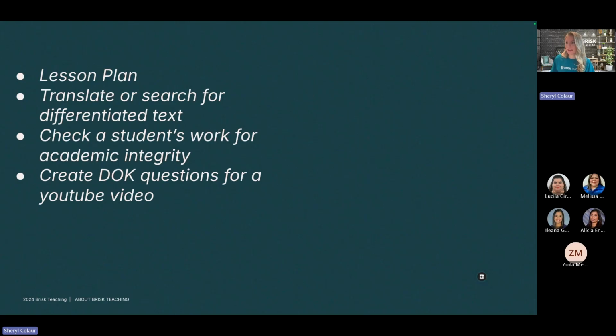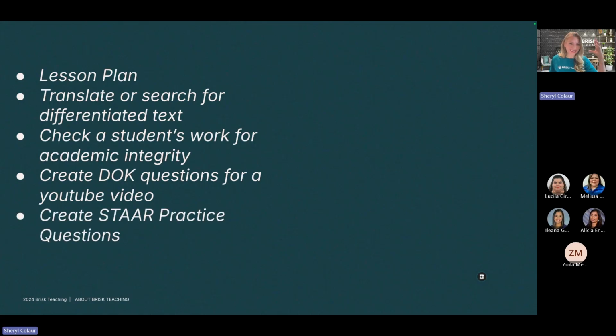And then we also have depth of knowledge questions. If you have some content that you're teaching, it could be a YouTube video in this example or something else that you've already taught in the classroom, like a presentation or a pre-teaching that you've delivered, just creating the depth of knowledge questions at the rigor that you want can be a little bit of a brain drain. Creating STAR practice questions, so giving our students more STAR prep, feedback on student work, or really just going through that stack of papers and grading,